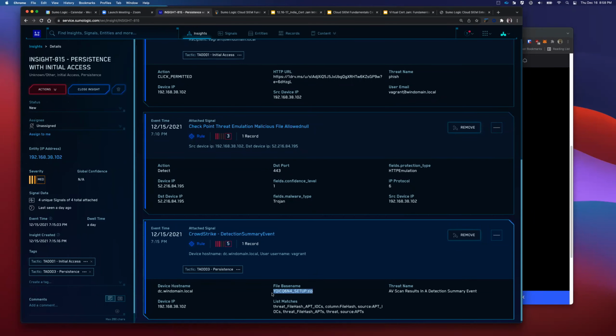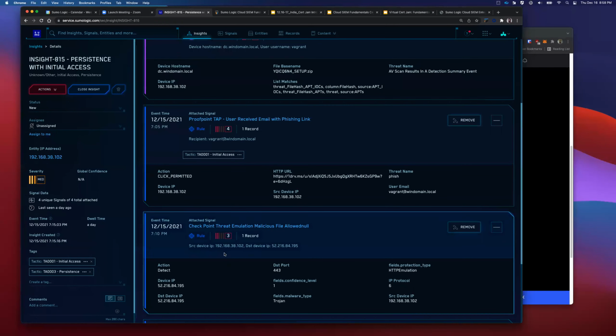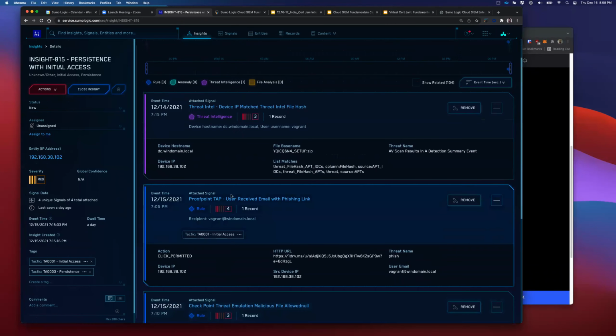Here we see the file base name, and here we start to see the list that it matches. This also had a very high activity score. This is a big deal. And then ultimately, the device IP matched the threat intel file hash, and so this caused the insight to be created.